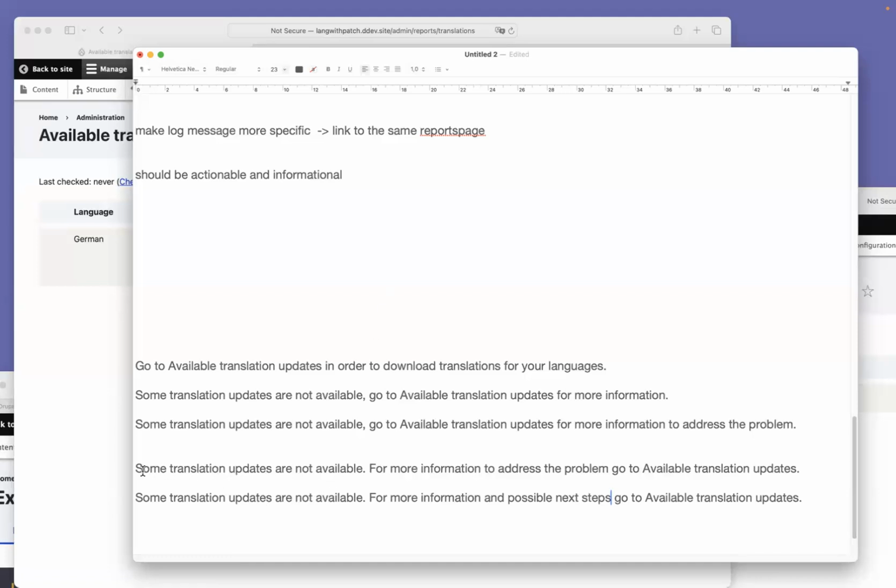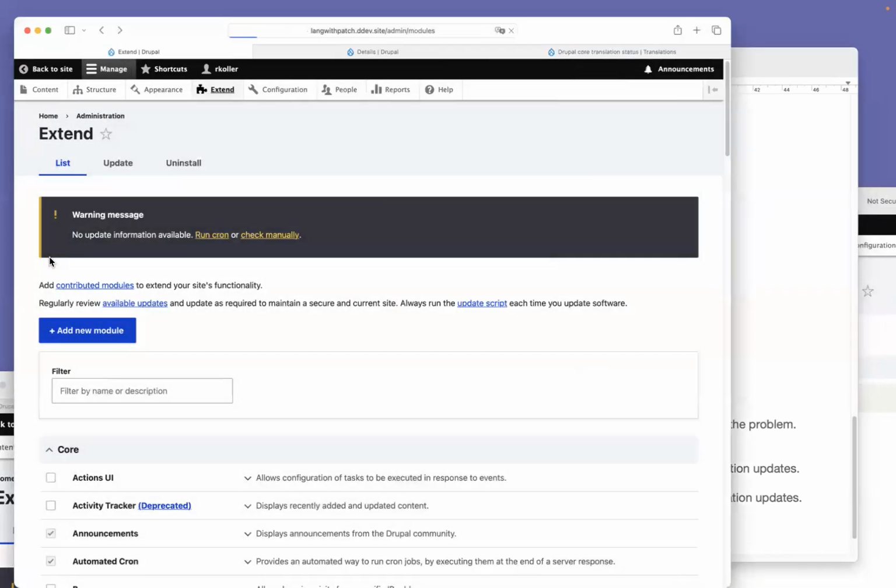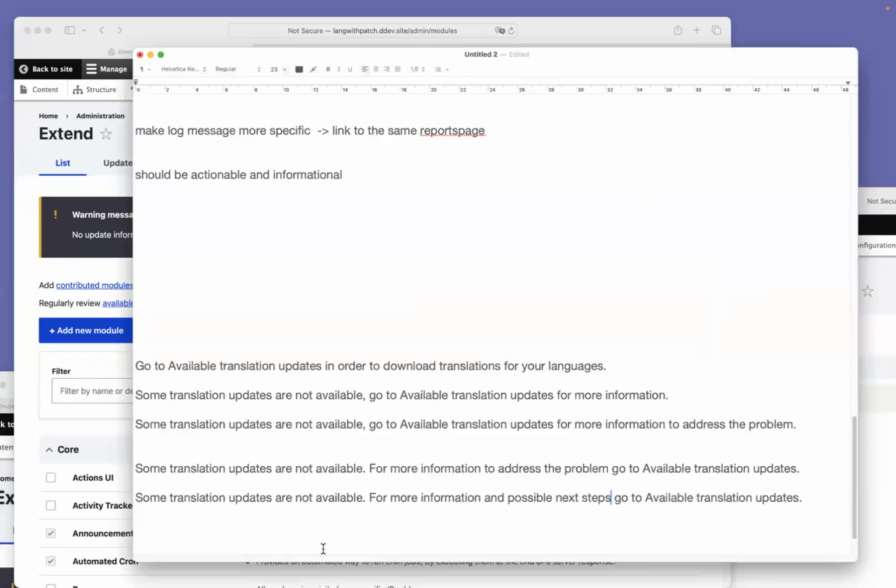But about the warning message on the extend page, on the first sentence, there's a consensus, I suppose: Some translation updates are not available. But in regards of the second sentence,